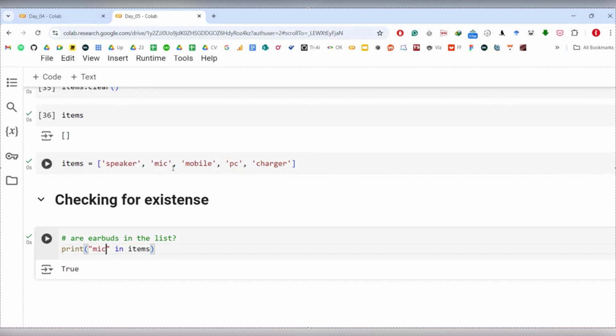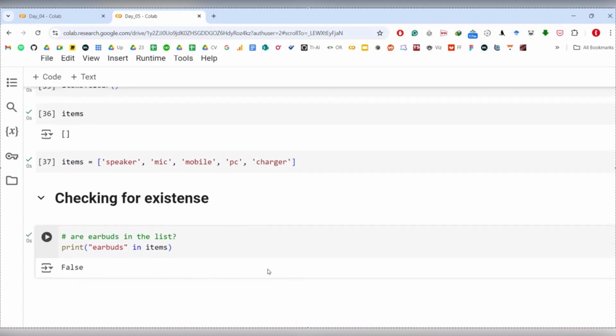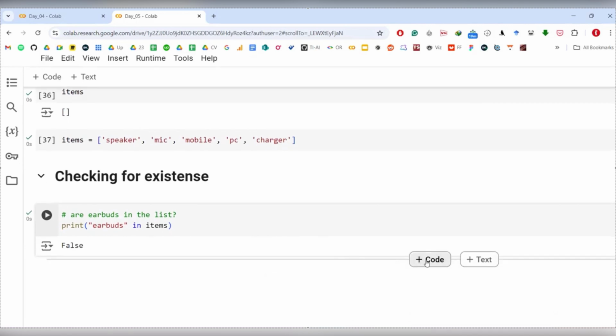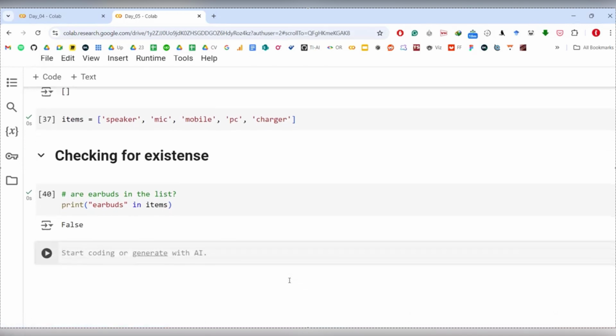Mic is actually there in the item. So let's go back and put earbuds. So that is how you can get whether it's true or false. Quite simple, isn't it? And last two things, we've actually covered 8 things so far, and number 9 we will go through